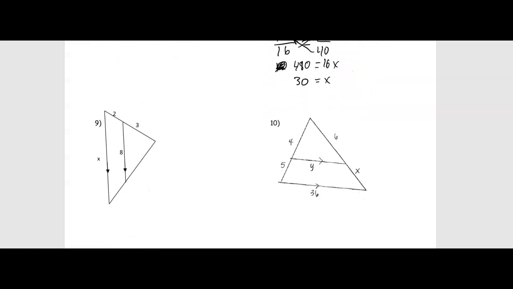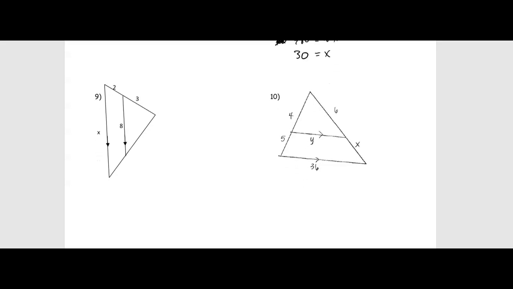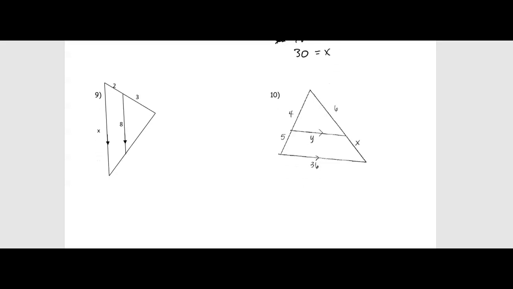9 and 10, kind of more of the same. Just being able to go through this, figure this one out. 9, I guess, is a little different. So let's do 9. Here's our 2 triangles. We have this smaller triangle here. And then we have the overall big triangle. So if we look, here's the small side,